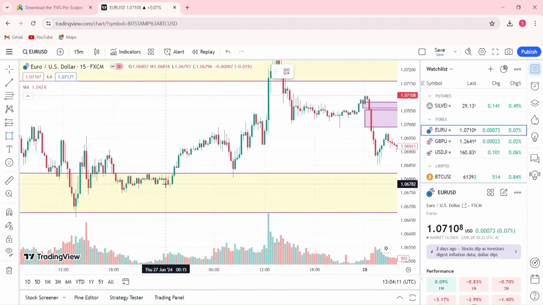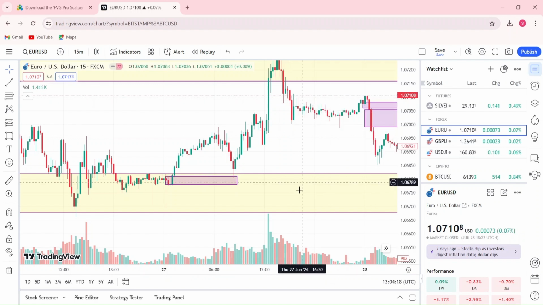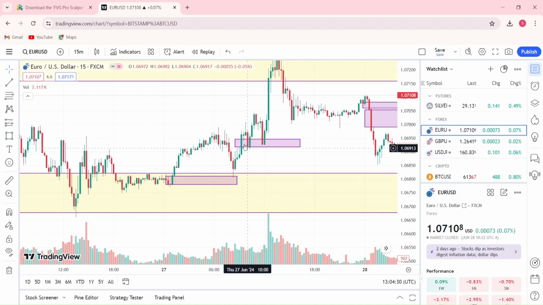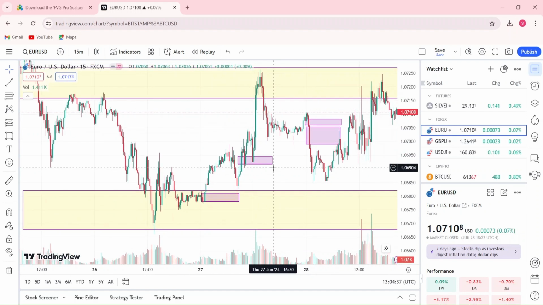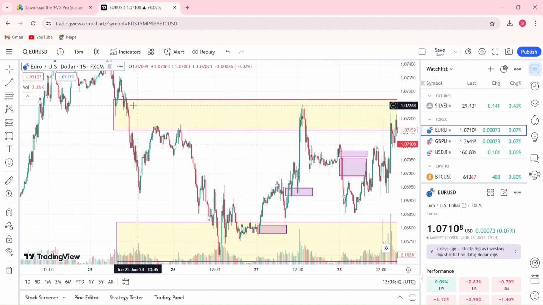For instance, let's look at here. Here is a small fair value gap, and also you can see that here is a fair value gap. From this first, second and third candle, and the market just retested the fair value gap and shot up. So the first thing to consider is the fair value gap must be either in the support or in the resistance,